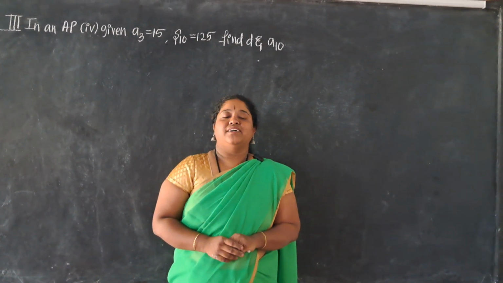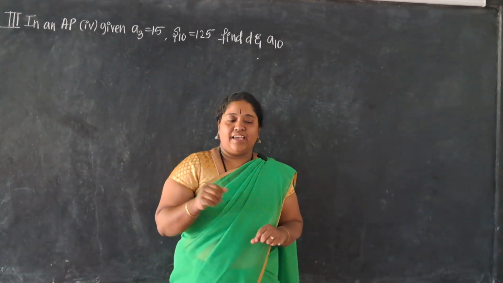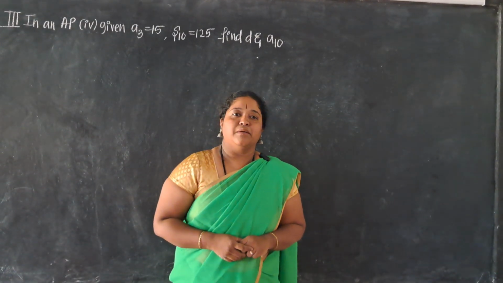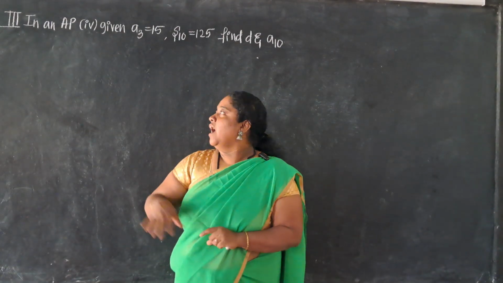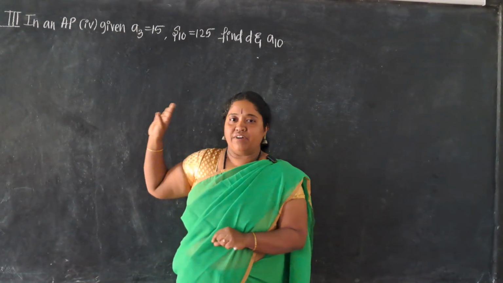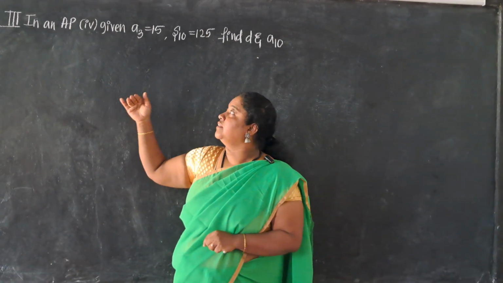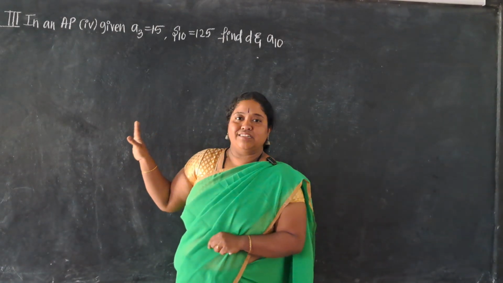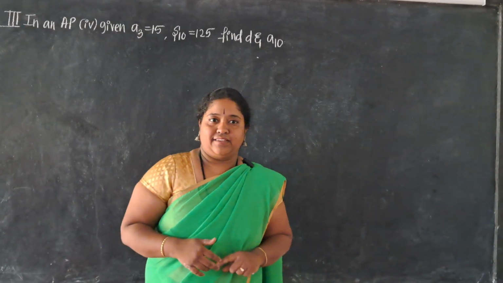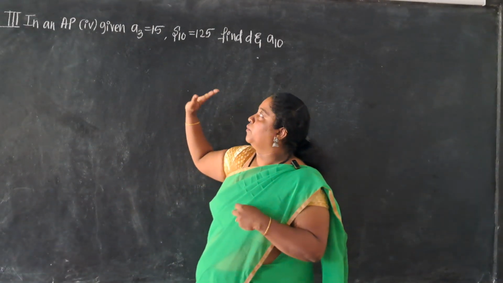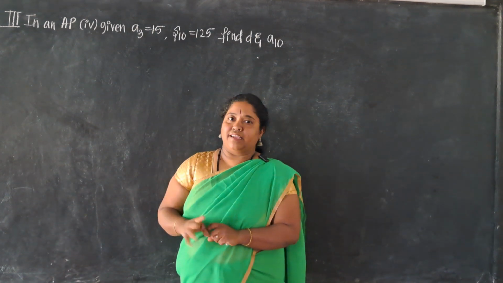We are with the chapter Arithmetic Progression. Previously I started with the third exercise of arithmetic progression, where I have already solved the first main and second main in a separate video, and in the third main, questions 1, 2, 3 are solved. This is the fourth video based on the third exercise. Now we are moving with the fourth question from the third main of the third exercise.